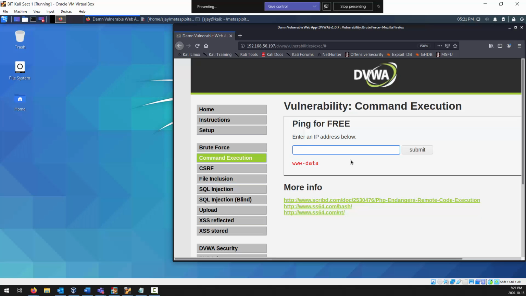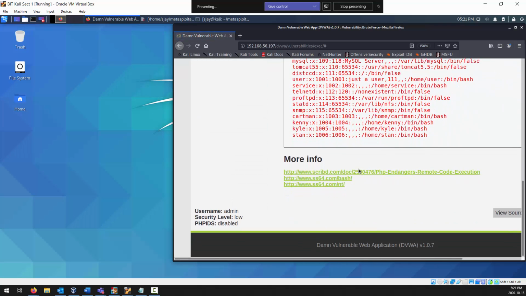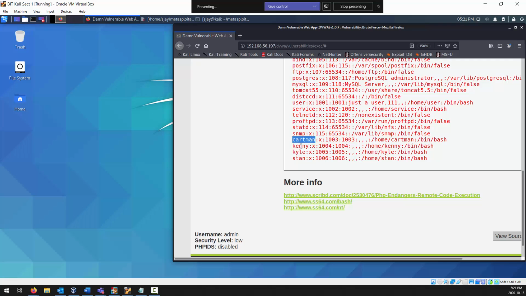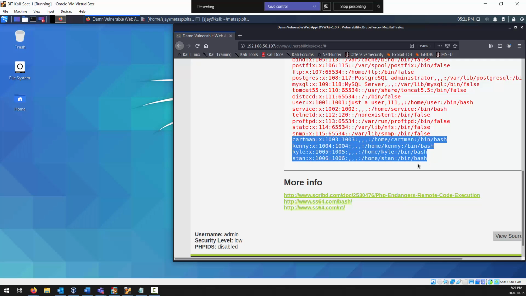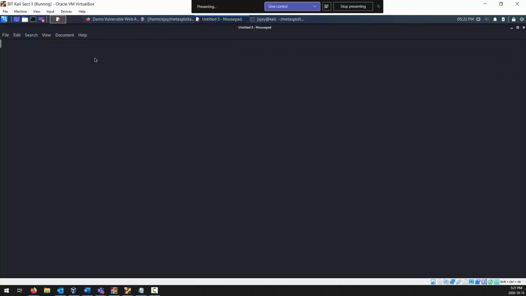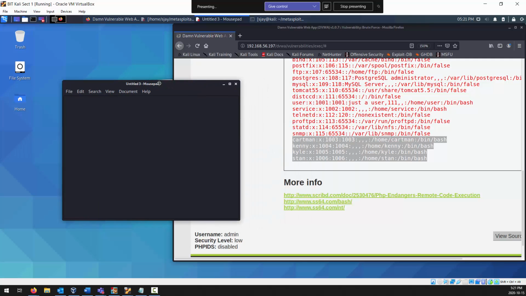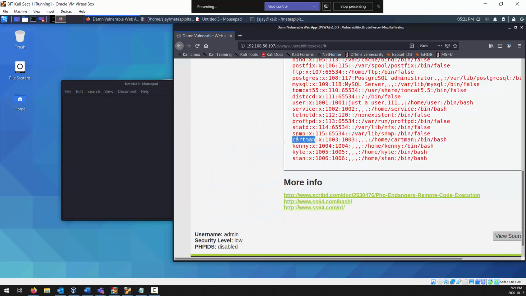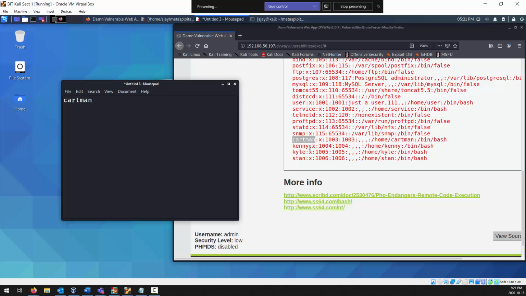Okay, so let's go back and take a look at the password file again. We can't get the passwords, but we can get the users. Now we're not going to go through all of them. We're just going to focus on these 4 users here. So again, I'm going to fire up a text editor. Question? Did anybody have a question? Okay. I'm going to fire up a text editor, and I am going to copy those users. Cartman, Kenny,